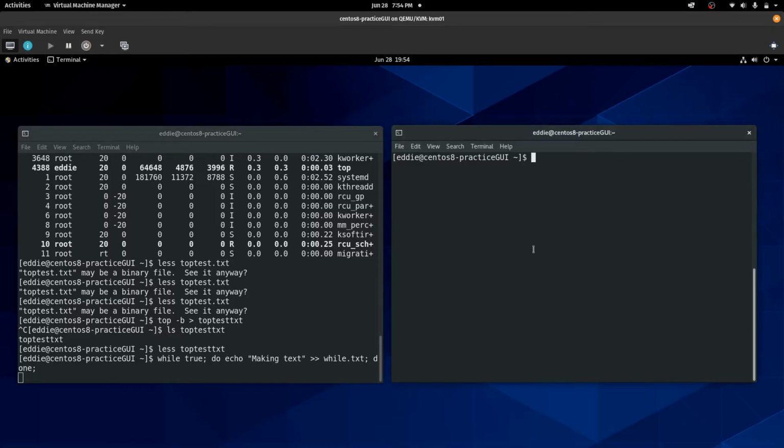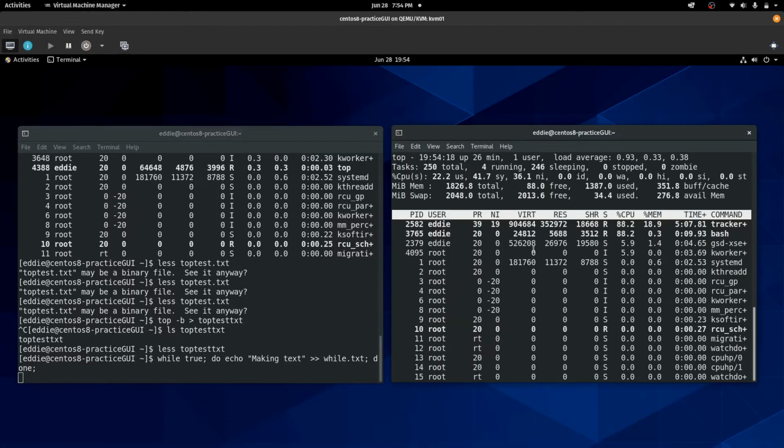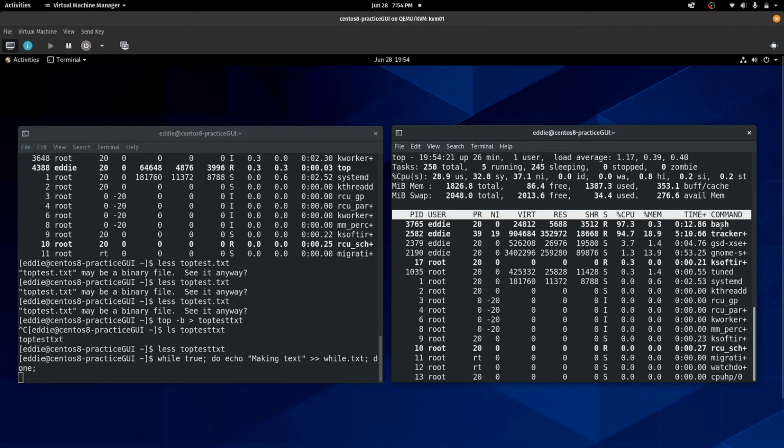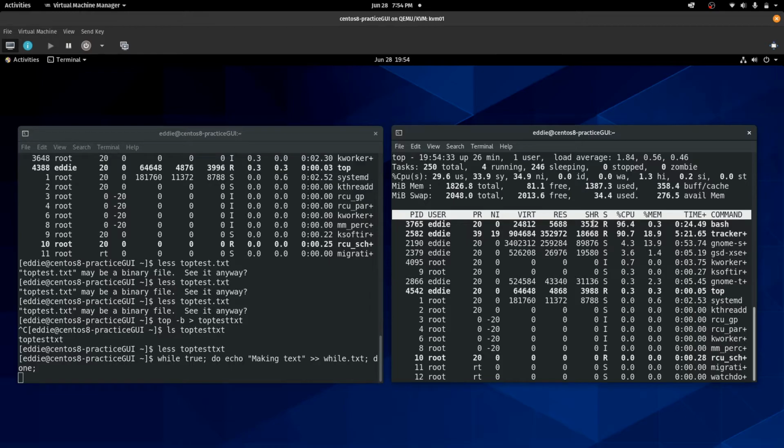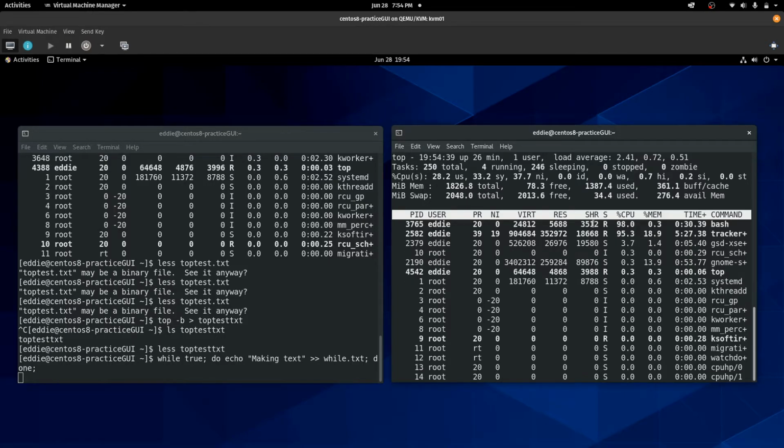So if I were to go in my other command here, do Top, you will see my process here. It's chewing up a good bit of CPU, a tiny bit of memory, and the load averages are going to eventually start to rise because stuff might get queued up. Now this is a multi-core system, so a load average of 1.84 is not bad for this system by any means. But if I wanted to stop this process, within top, you can press the K key, and what